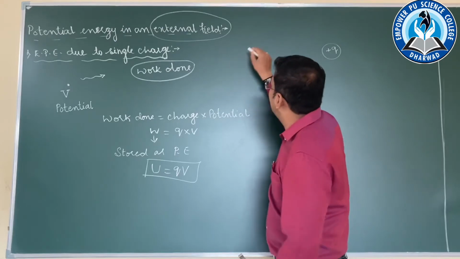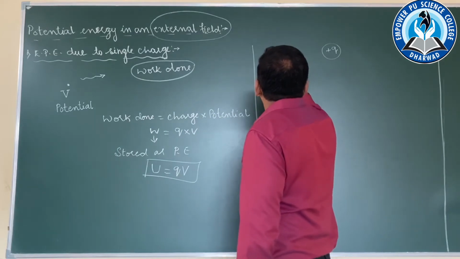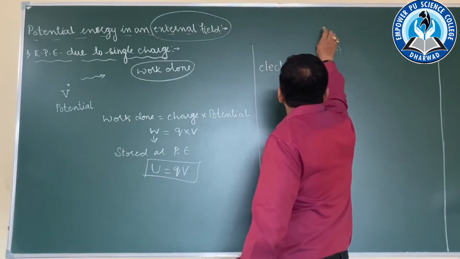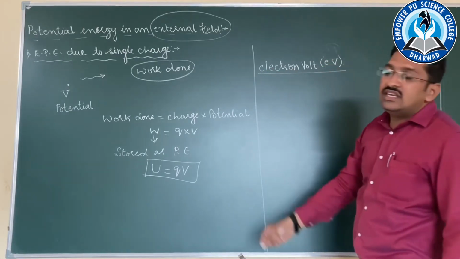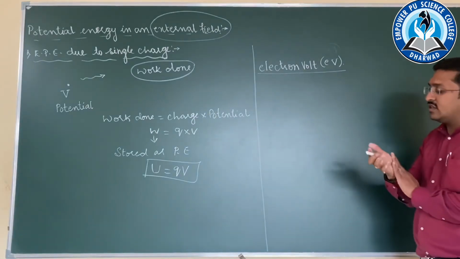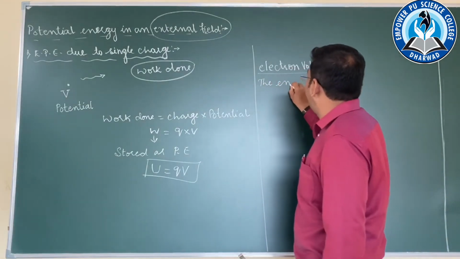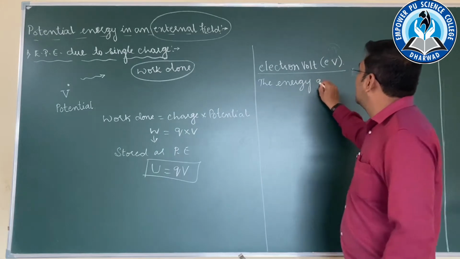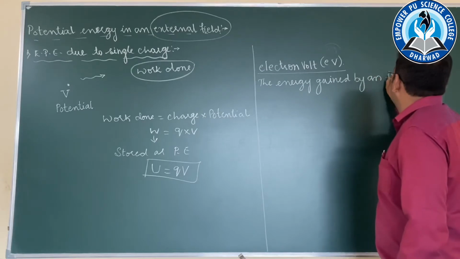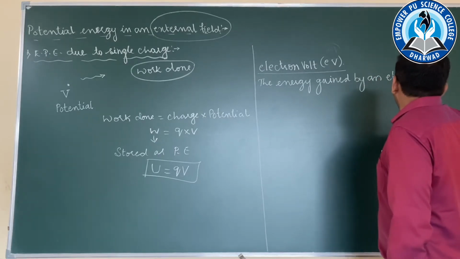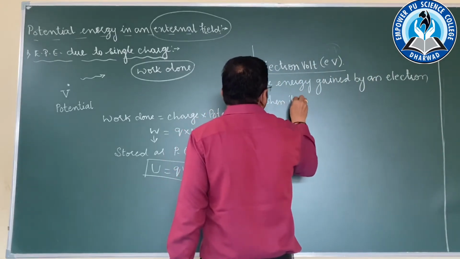Based on this, I am going to define one concept called the electron volt, EV. What is this electron volt? It is the energy gained by an electron when it is accelerated